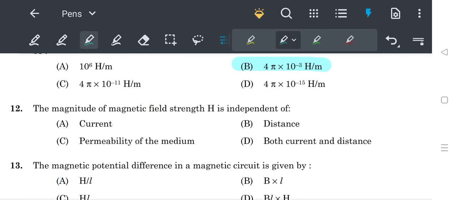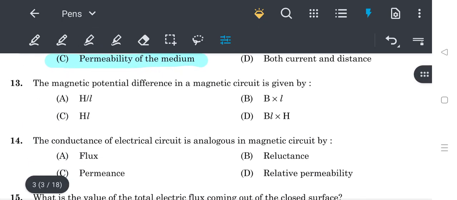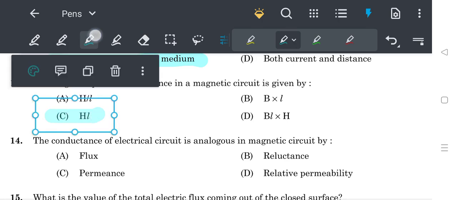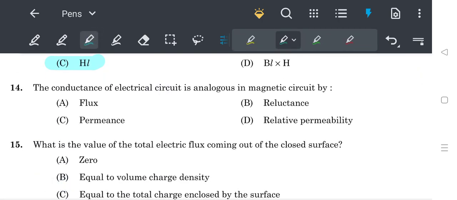Next one, the magnitude of the field strength H is independent of. Answer option C ആണ്, permeability of the medium. The magnetic potential difference in the magnetic circuit is given by. Option C ആണ്, HL. Next one, the conductance of the electrical circuit is analogous in the magnetic circuit by